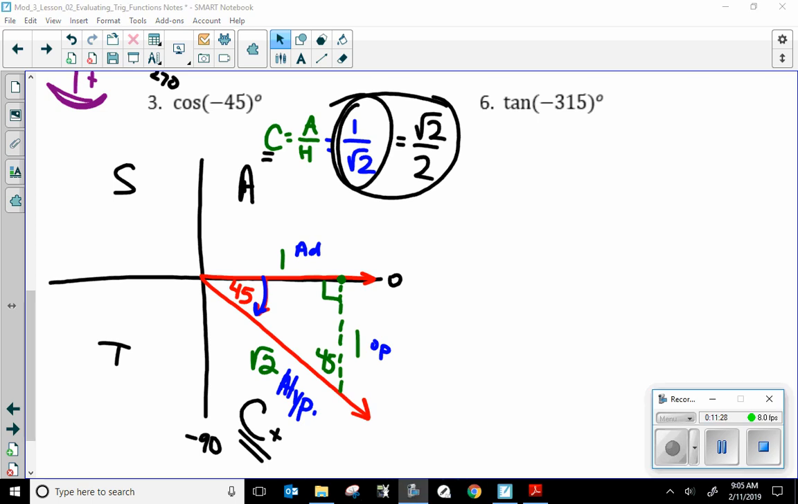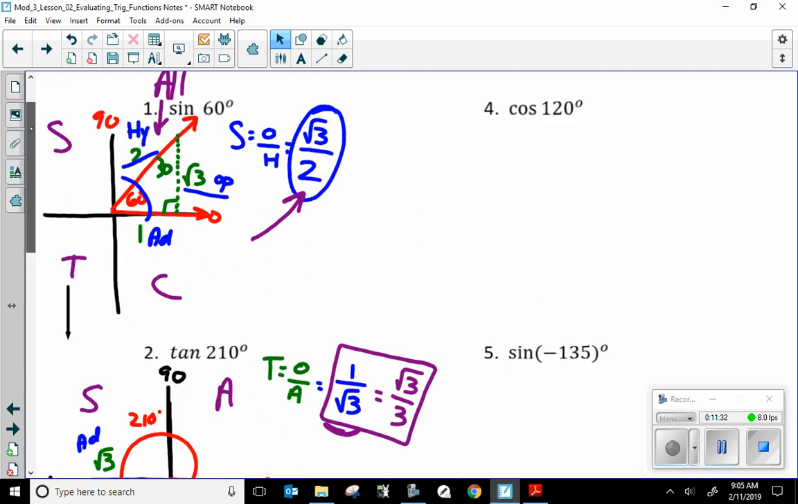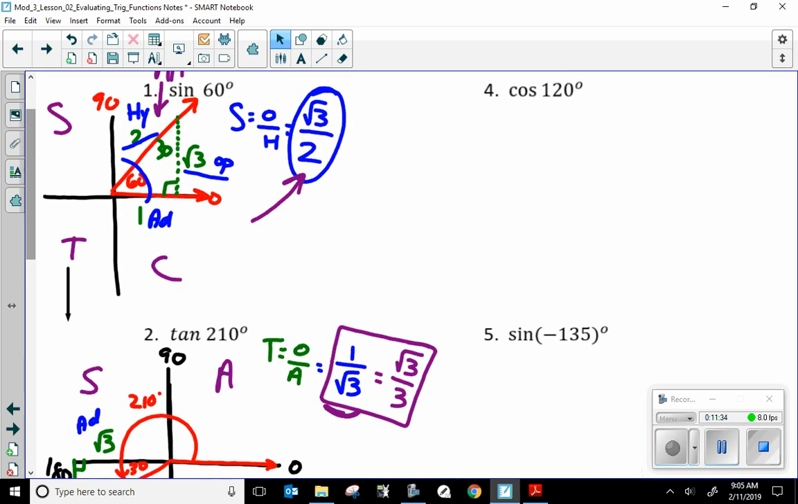If you want to try 4, 5, and 6 on your own, go ahead and do that, and then I'm going to do them right now. Let's see. All right, and let's start with the cosine of 120 degrees. 120 degrees, I know that should be in quadrant 2. So if I draw,